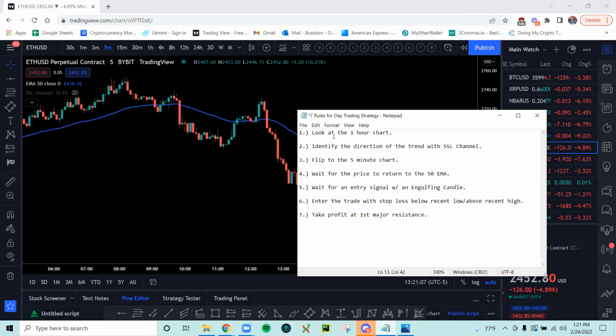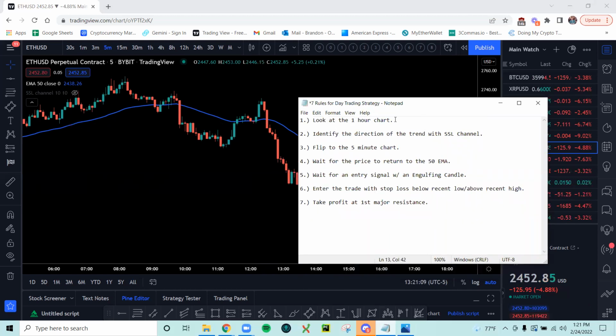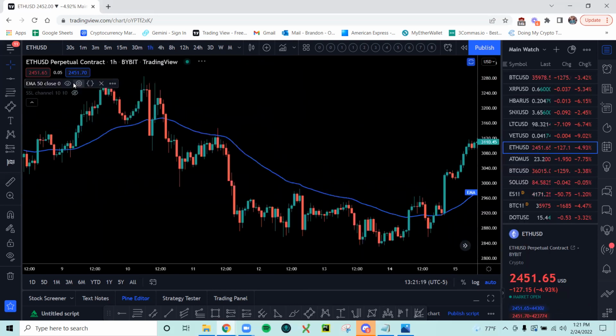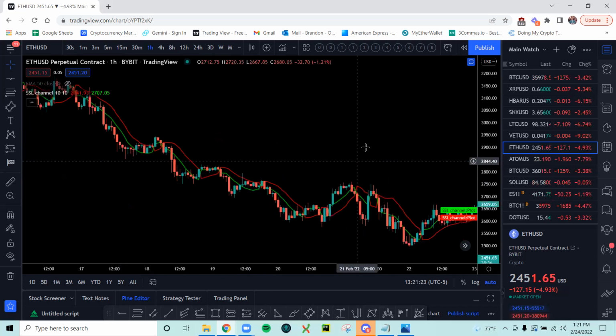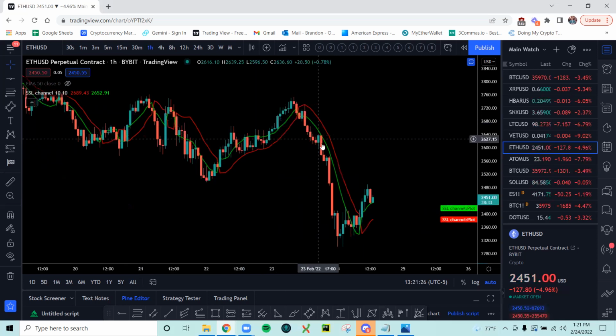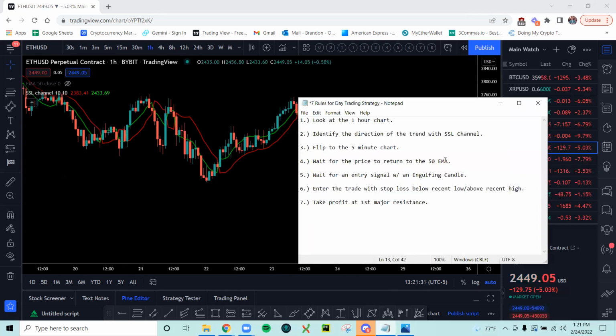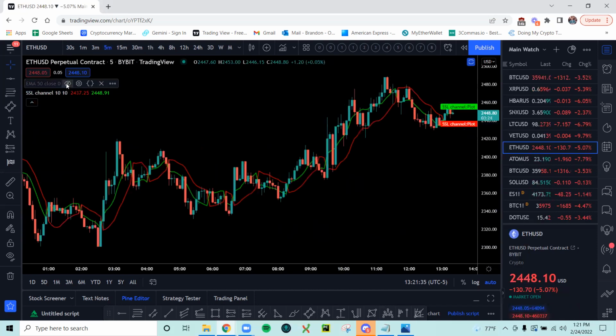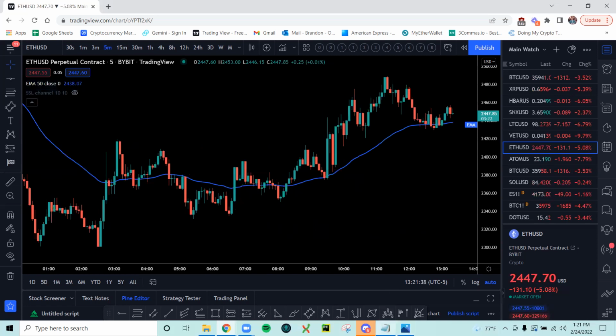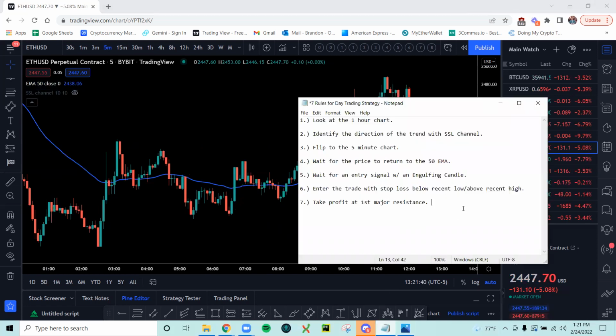So the first thing that we need to do, right, is look at the hourly chart. The second thing we need to do is identify the direction of the trend with the SSL channel, like I showed you, right? So we go to the hourly, we put on the SSL channel, and we determine what the trend is, right? Green below is downtrending, green above is uptrending. 3, we flip to the 5-minute chart, put back on the EMA, take off the SSL channel,